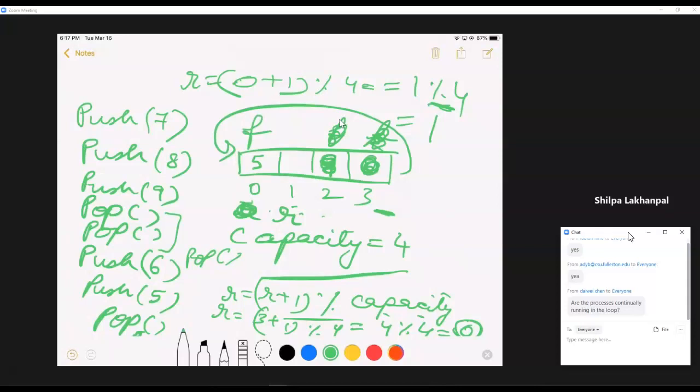And you can just envision it like this. So instead of a straight line array, you have a circular array, where if this was your 0, 1, 2, 3, you have 4 slots. So you can just keep circling around the queue. You can keep putting in elements. And think of the people actually making a circular queue instead of a straight line queue. So as people are getting removed from the queue, newer people are coming in, as long as you have a space, you can keep going around the queue. So does this make sense?